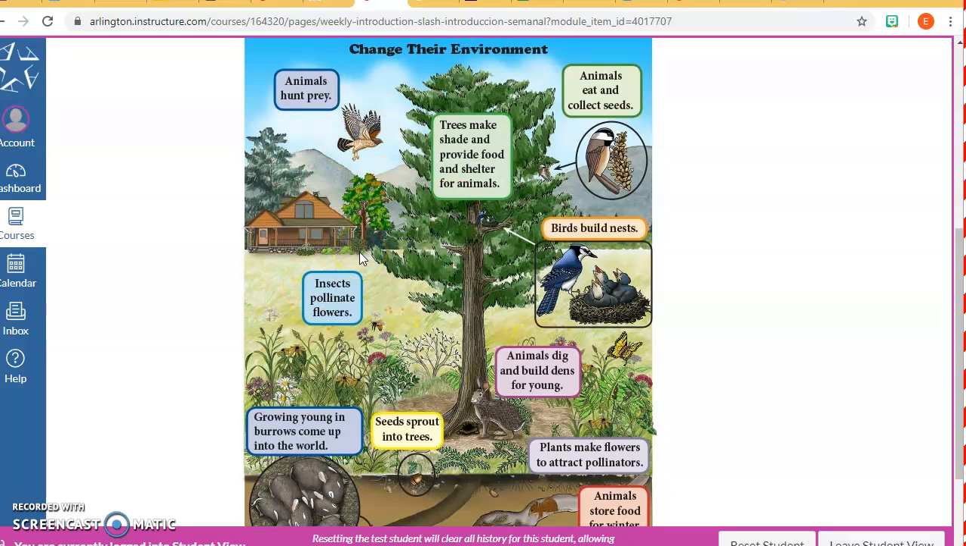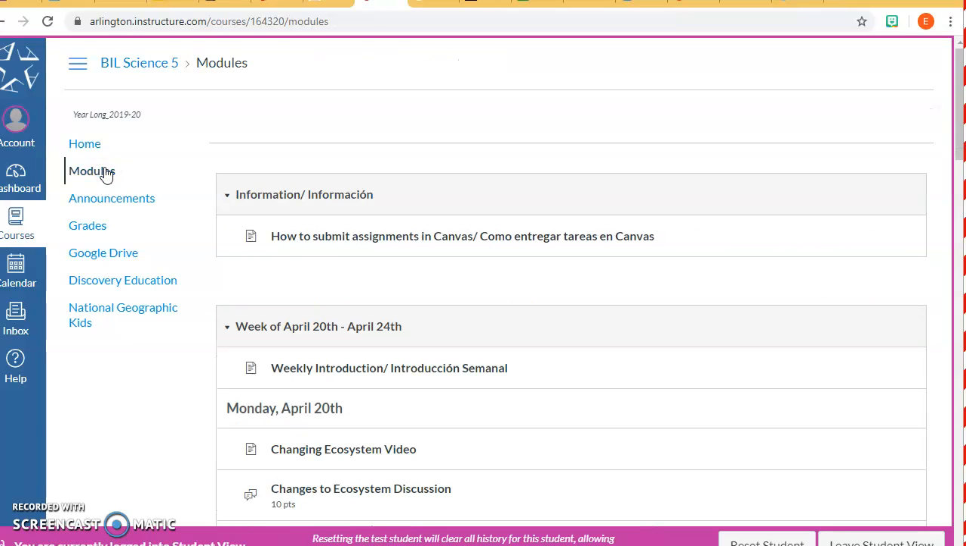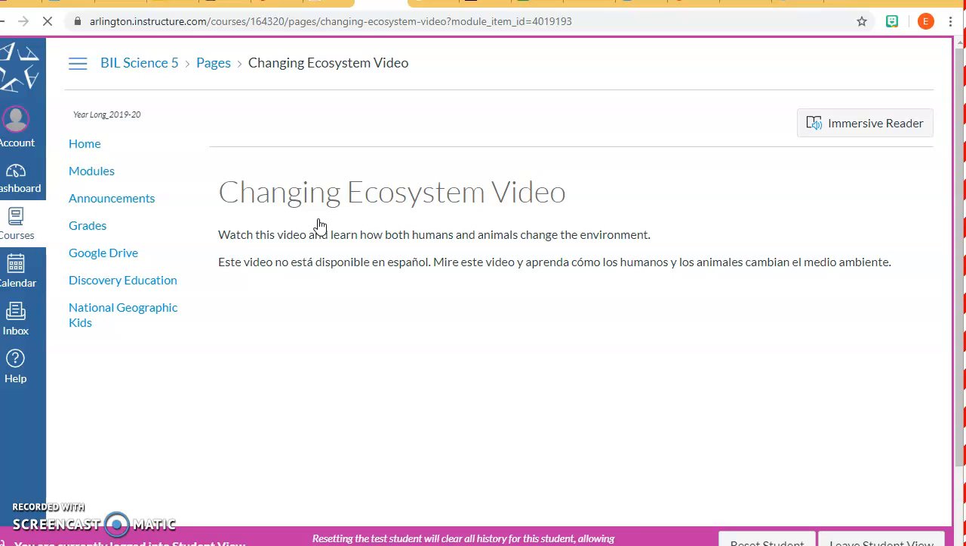Here's a picture that kind of shows the different ways animals, plants change their environment. Okay, and remember, always go to modules. That's where you're going to find all your work. So for Monday, lunes, the first thing I want you to do is I want you to go